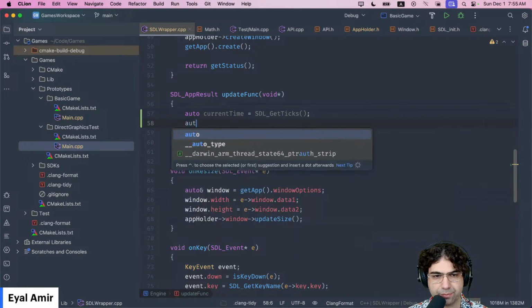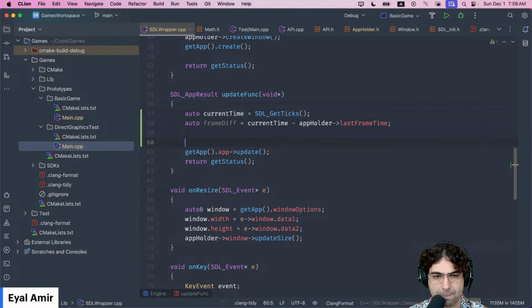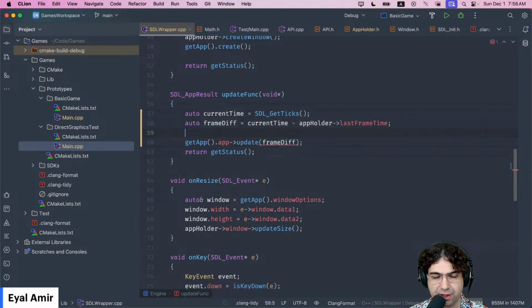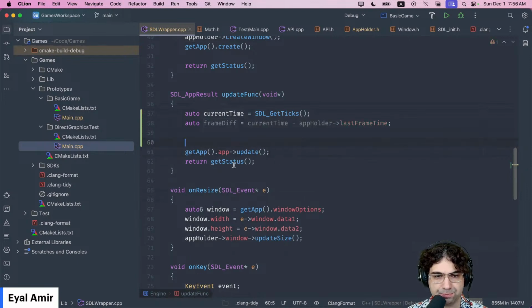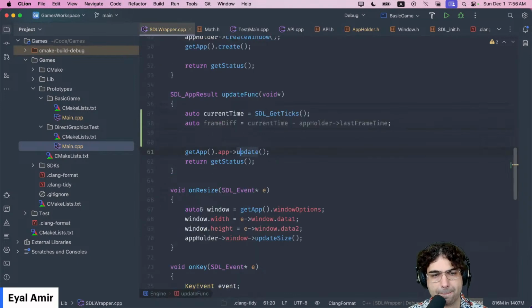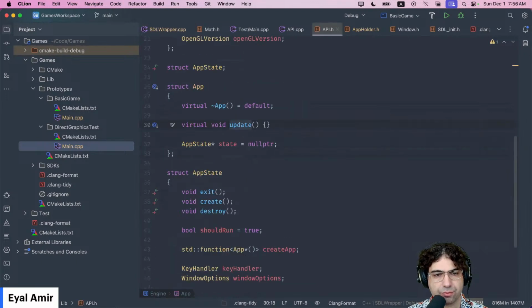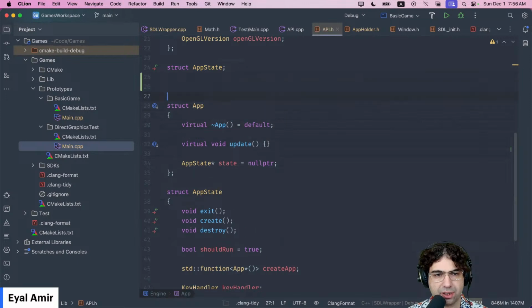And then frame diff equals current time minus AppHolder last frame time. And what do we want? I want to call this with frame diff, right? Basically gives this like a much of it. So maybe, because it's possible that I would need to pass other information here, yeah, so maybe I'm going to do something like